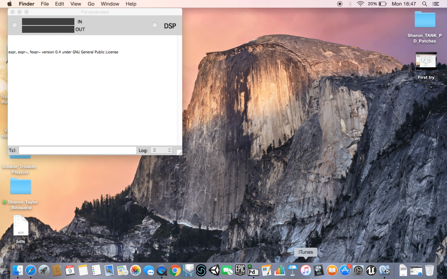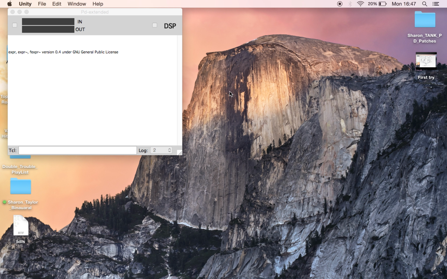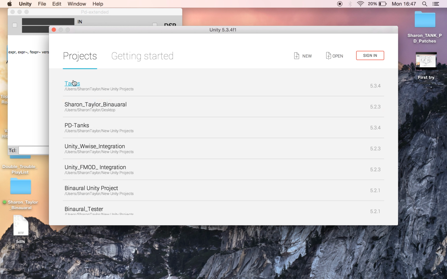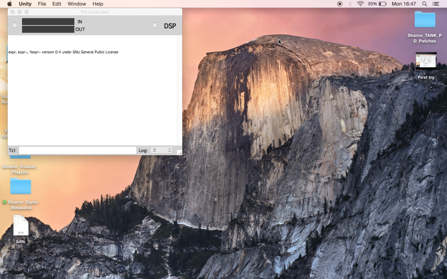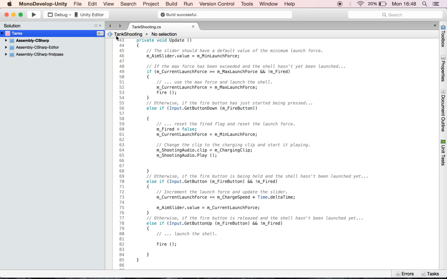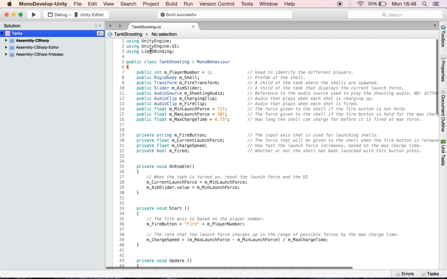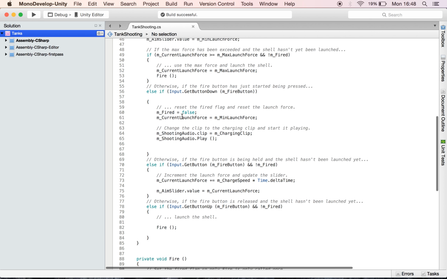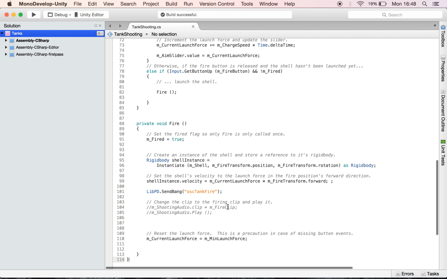So I thought I'll try and just at least get my fire to work, so the tank fire, but it just didn't. I'll show you quickly now. Yeah, my scripts, tank, shoot. I put my PD binding where I should at the top, and then here is where I put the name of the, as you just saw in a previous video, my tank fire. I send bang, so this is where in the original script it would play the audio for the fire sound,